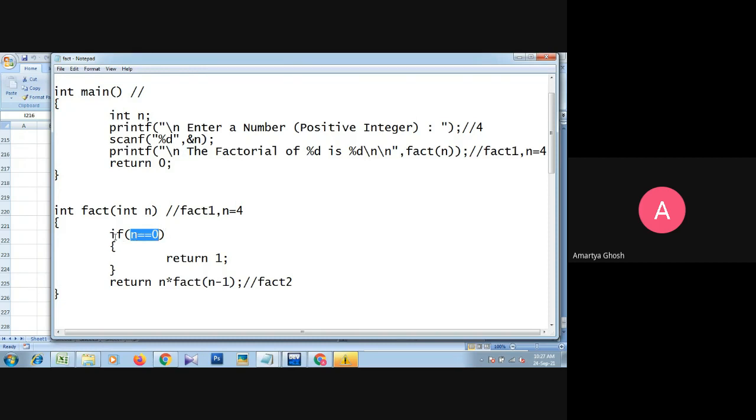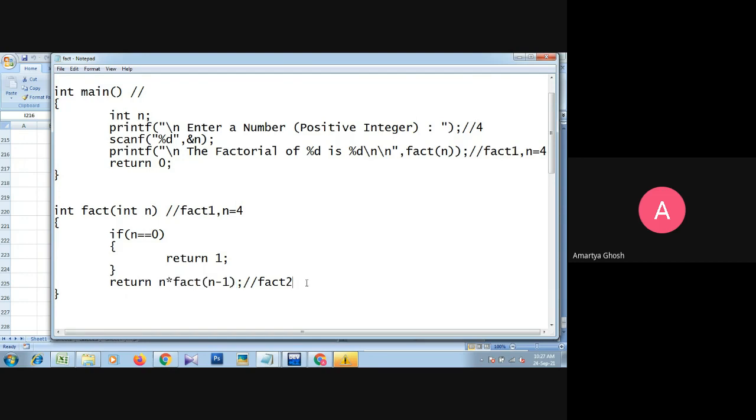So this if will not be satisfied. So the control goes outside of the if, and this line of code will be executed. Okay, but before returning, it will calculate this part, and between this part again n.